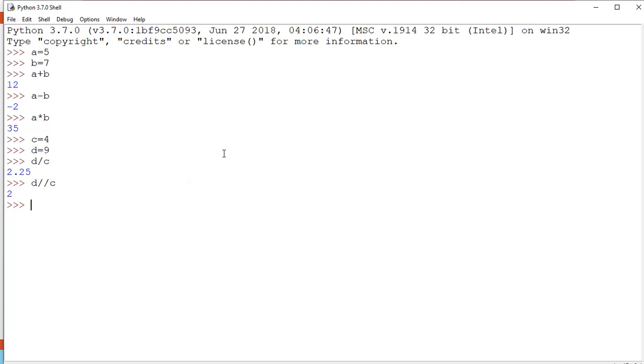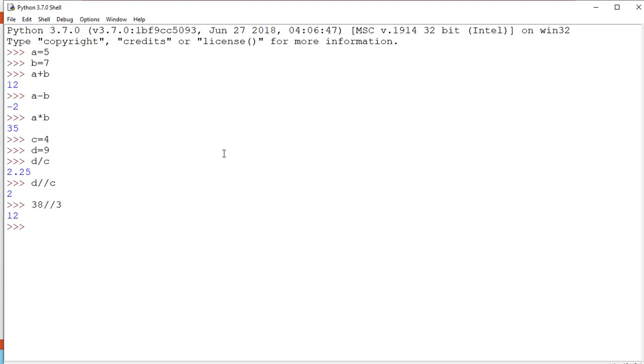Similarly, if you want to directly get a result, suppose you write 38 double slash 3, the result is 12. Why? Because it will be 12 point something, and it has removed the fractional part out of the answer, so the answer is 12. This type of operator is also a binary operator and it provides the result by removing the fractional part from the solution. So this is the floor division.